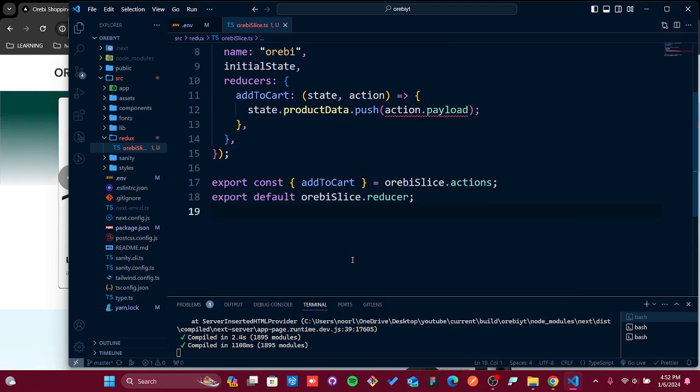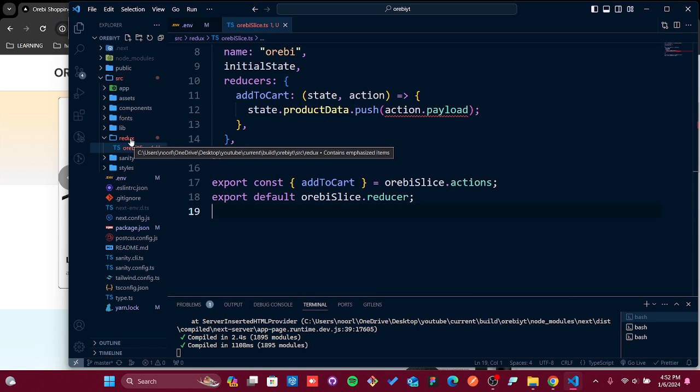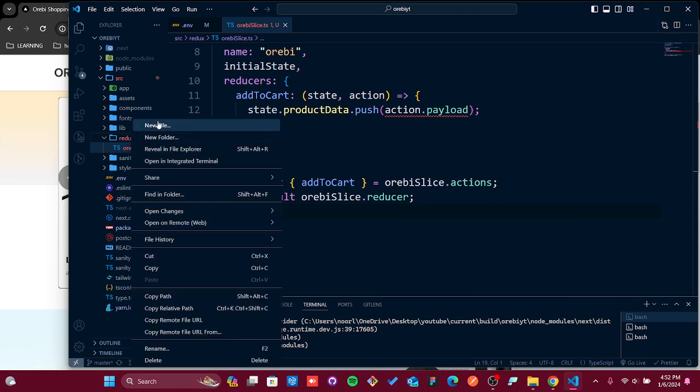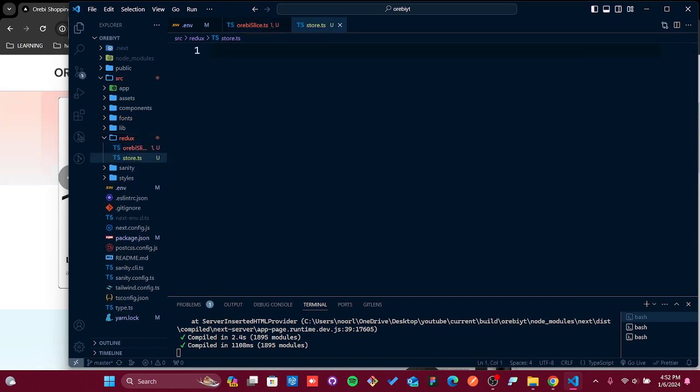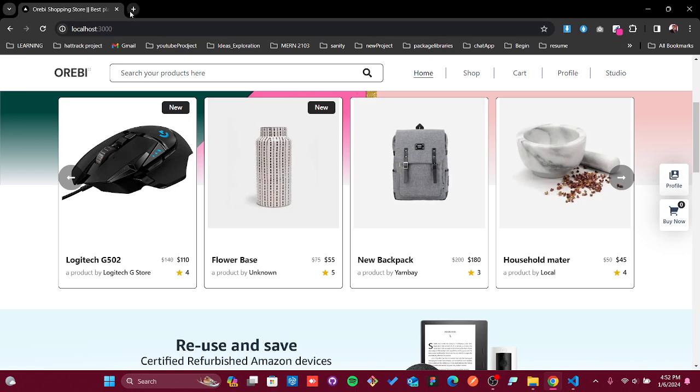So now we have our reducer done, and inside here in that Redux we need to create one store. So store.ts. Now in that store we are going to connect it. Okay, so how actually can we connect that one? Again, if you're feeling a little bit of doubt,